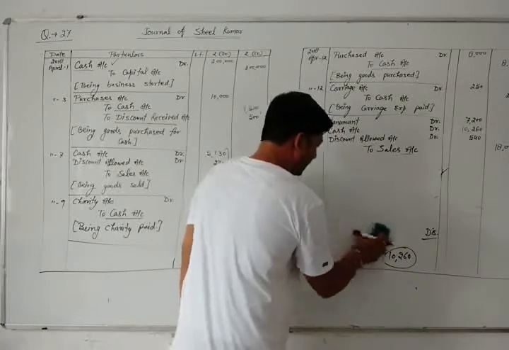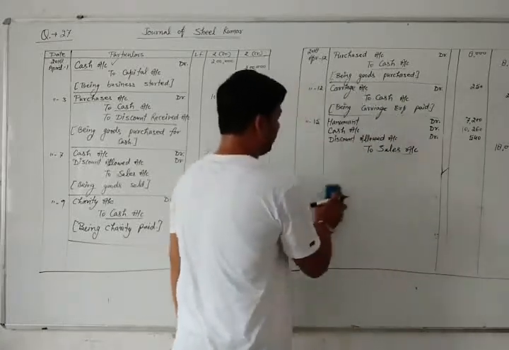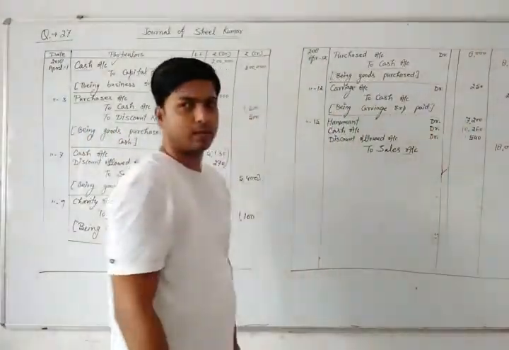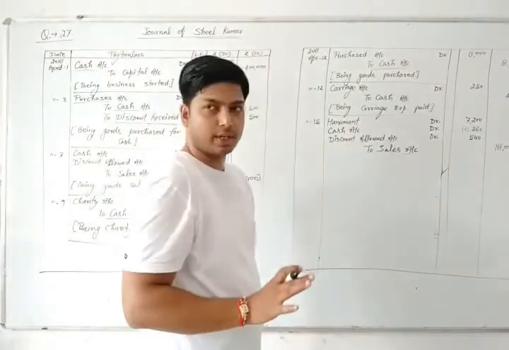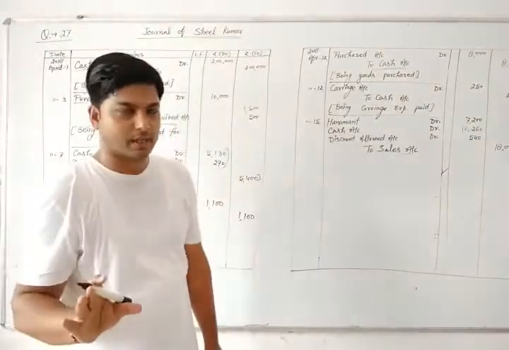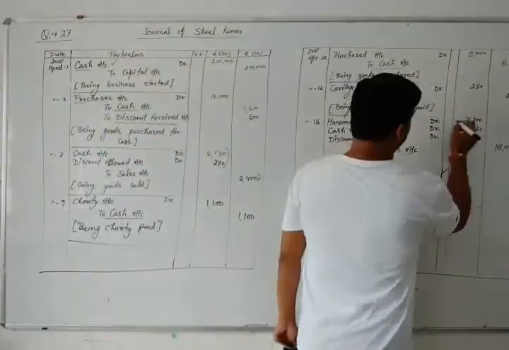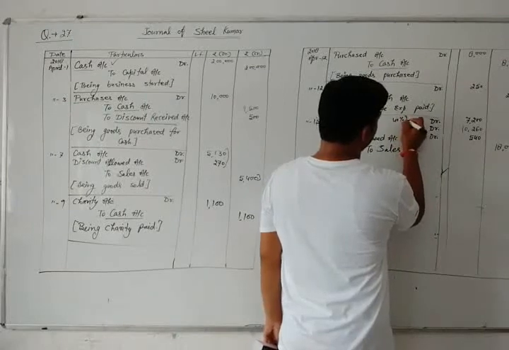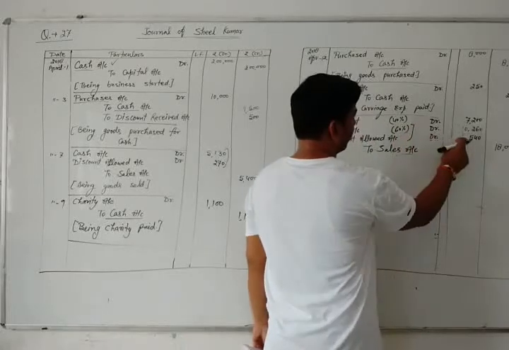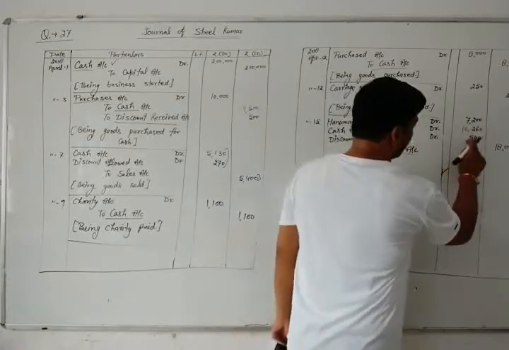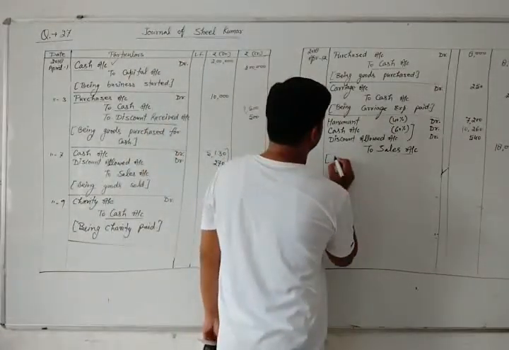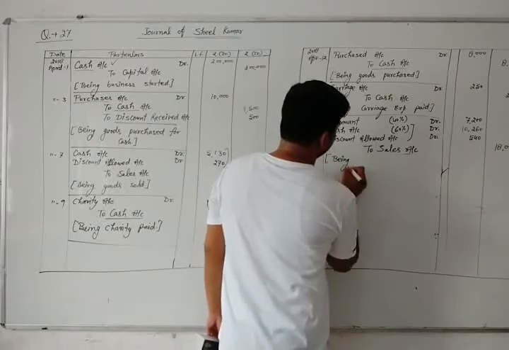If you understand clearly what the calculation is, then only you would be able to understand where the amount is taken from and what the calculation method is. Total amount was given as 20,000. We take only 18,000 because 2,000 was sent to trade discount. So 18,000 was the whole amount. 40% was not paid and 60% was paid. So 60% is divided in two sections because the paid amount includes a 5% discount also. So the journal entries, transaction, narration would also be written here.